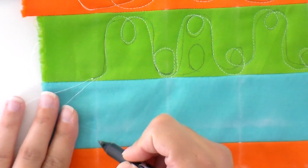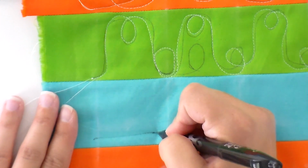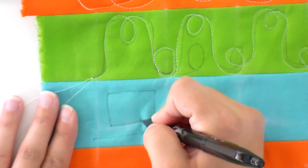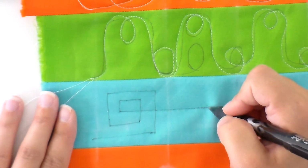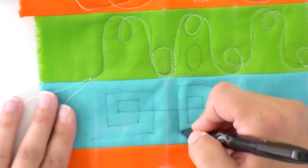All right, now we're going to move on to some square and straight line designs. So if you have something that you want to be more angled and geometric, you can definitely do that with this. So first we're going to start by making a maze. So we're going to come in, go up, over, down, in, and you can do this as many times as you want, but when you're done, you're just going to come over and then you're going to work your way back out of that maze